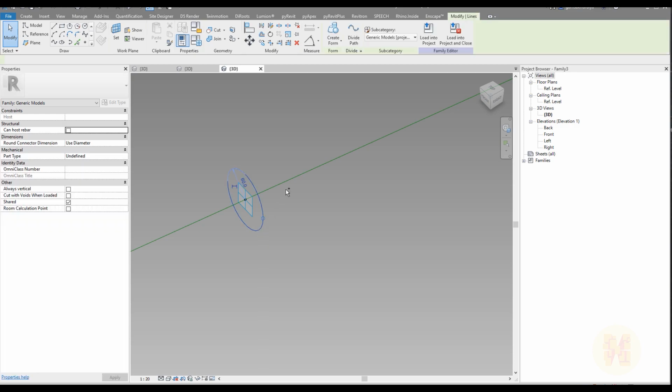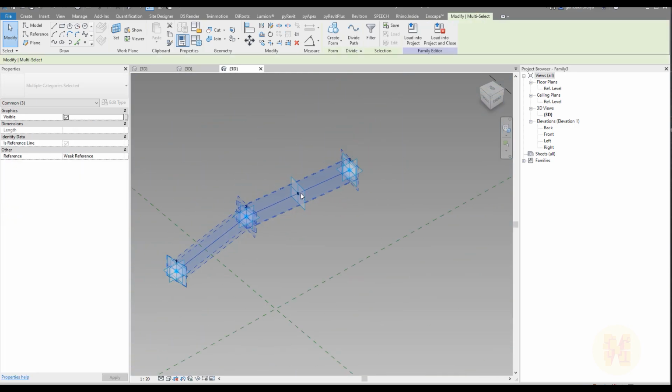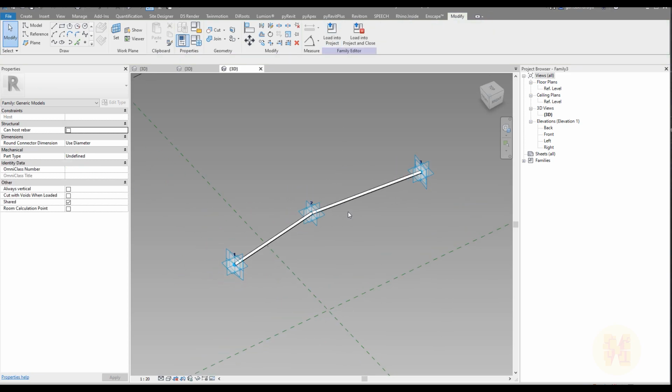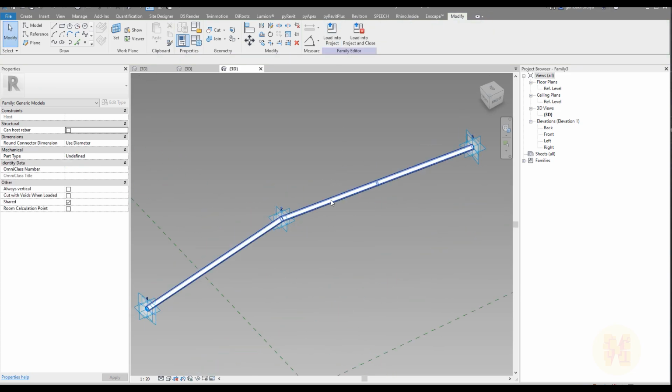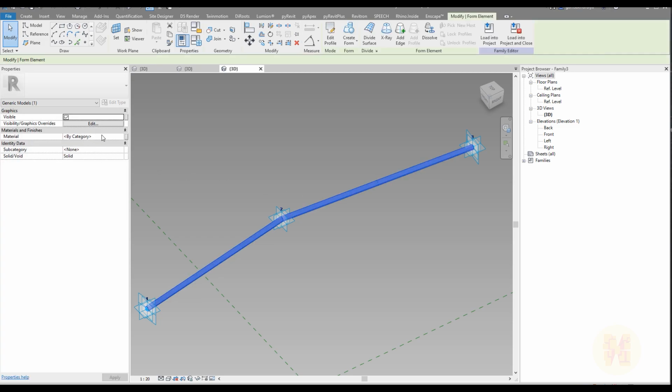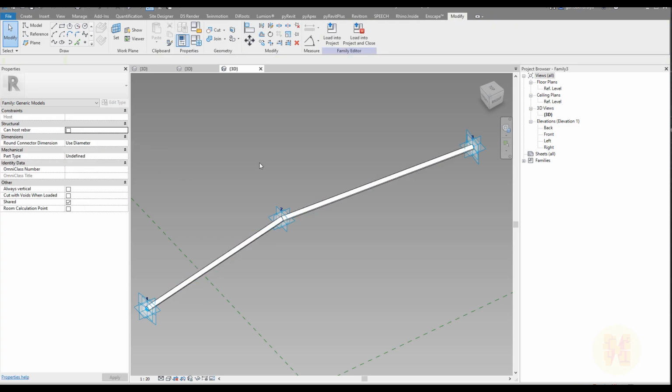After that, select this pattern and select your reference line, and after that just say create the form. If you wanna apply some material, select your geometry and of course apply your material, because right now it doesn't have any material. I will not waste your time. So save your